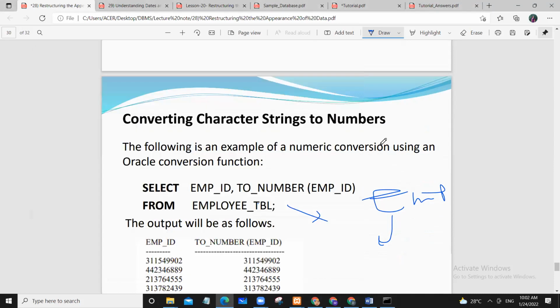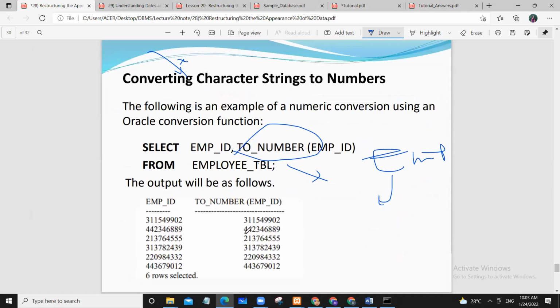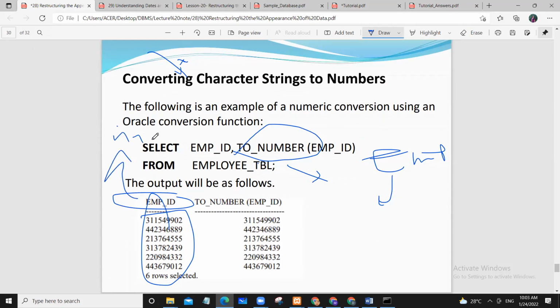But if you need to insert a string value into this field, you can use the ToNumber function. In this column, if you need to convert the data type of this employee ID from numeric value to string value, you can use the ToNumber function in Oracle. By using the ToNumber function, you can convert string into a